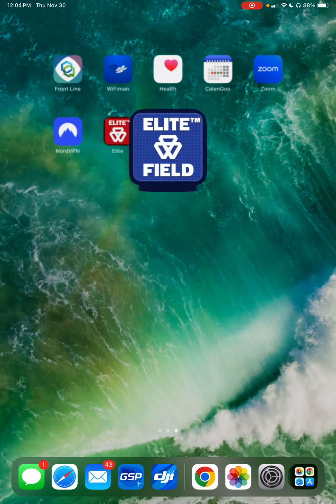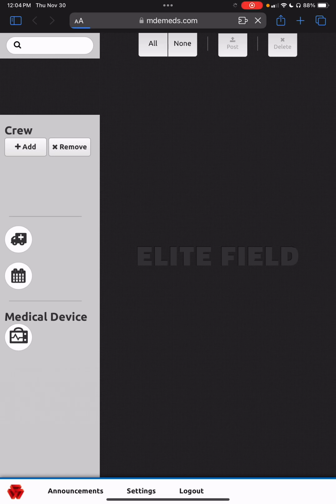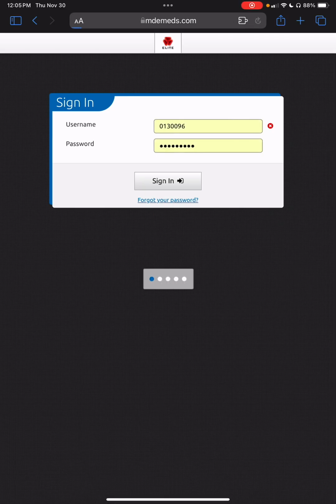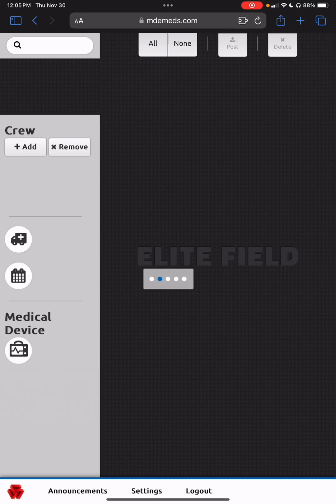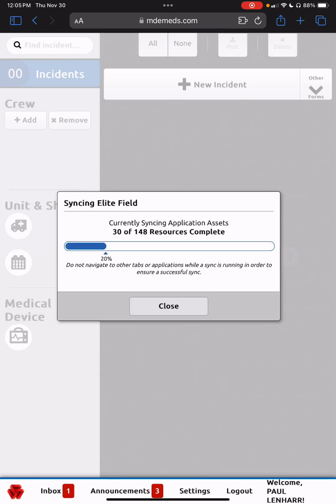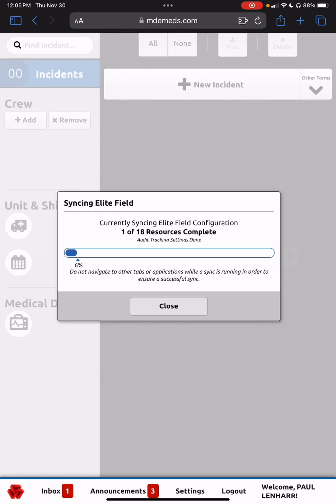After you've cleared the cache, you want to click on Elite Field again. This does require an internet connection, and I would suggest to try to be on Wi-Fi. The reason for that is because you're going to have to resync all of those data fields again. And so you're going to put your stuff in and log in. When it logs in, it's going to do a full resync, which is going to take some time. And the stronger your signal is, the faster it's going to be. So Wi-Fi is preferred on this. Cellular will work as well, but some sort of signal is required to do this full resync of information. So it's downloading all the fields that are specific to Charles County into the browser cache here